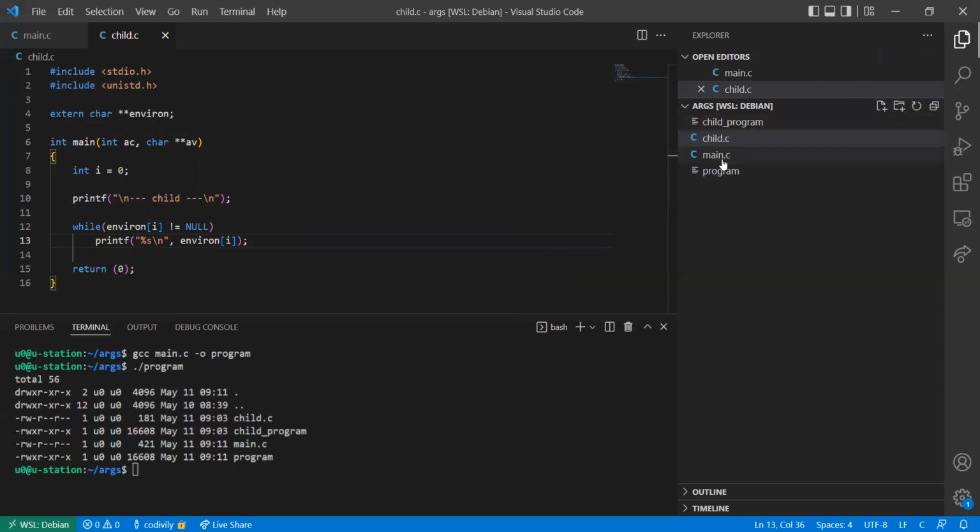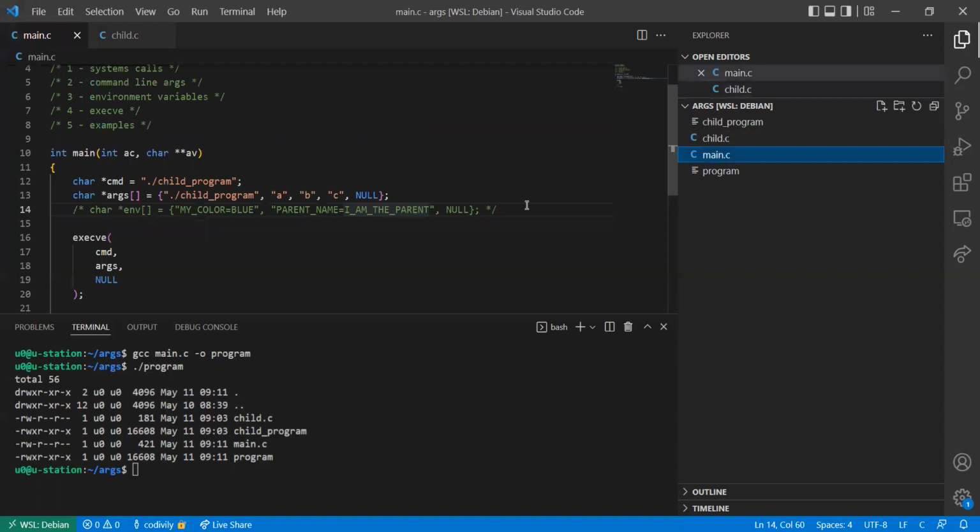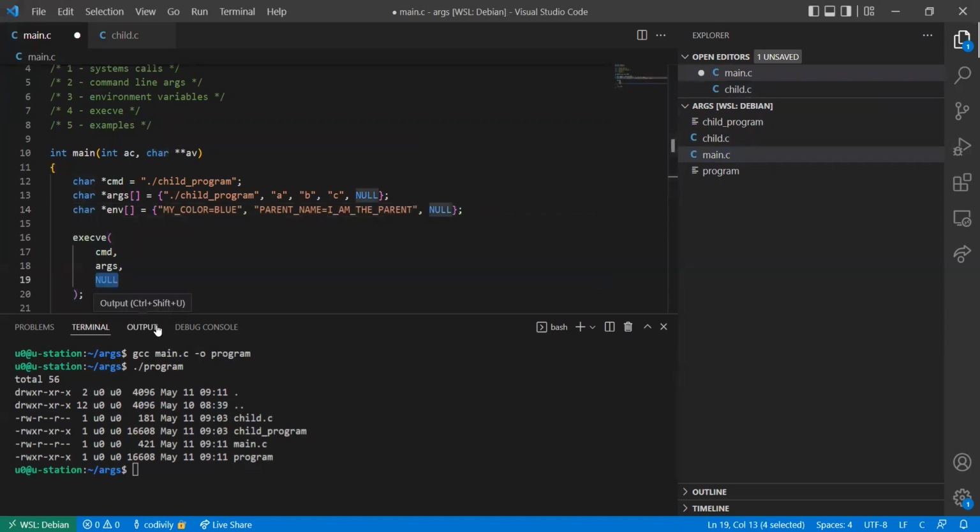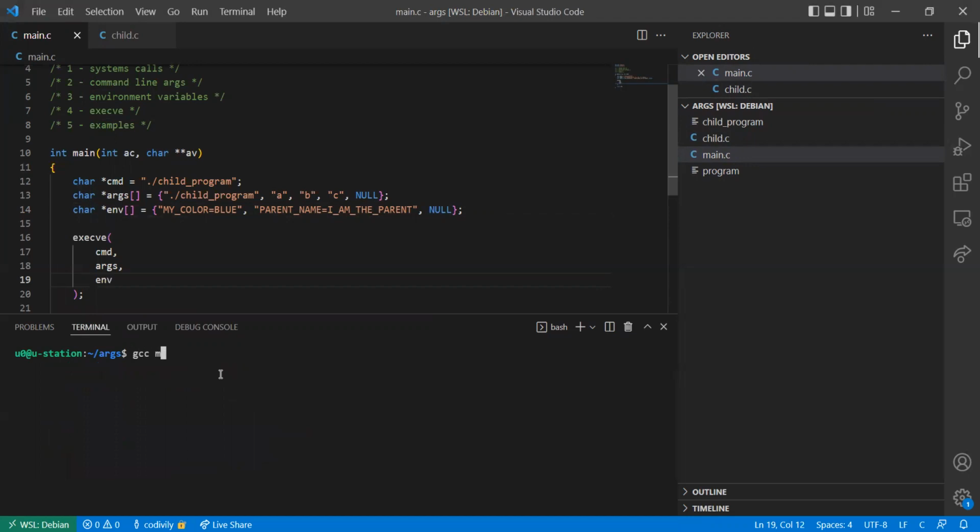So now from the main program, we can add these variables here and pass in our own custom environment variables to the child program. So gcc main.c, and the main program output will be program. Yes. Here we see that the child has been executed, and